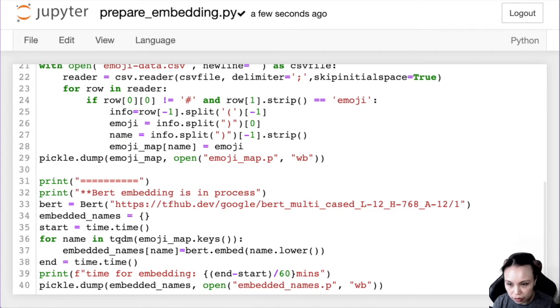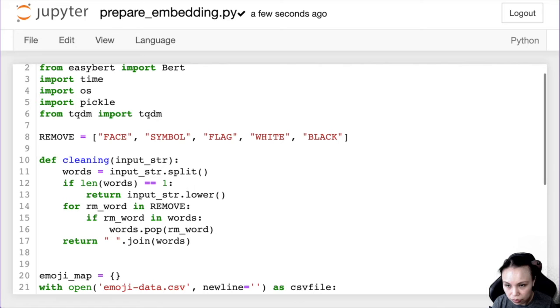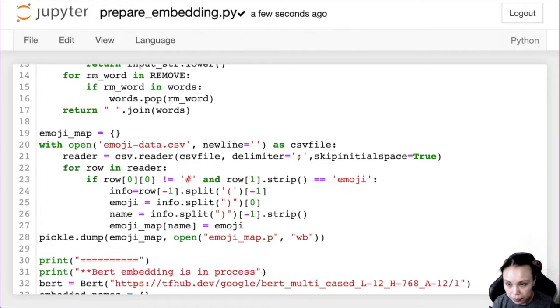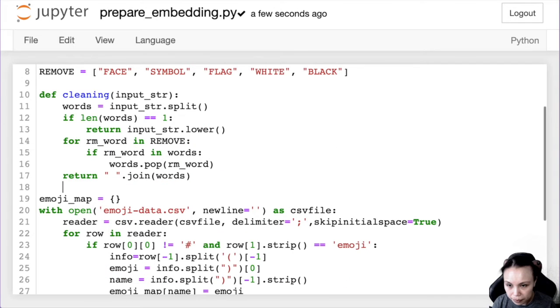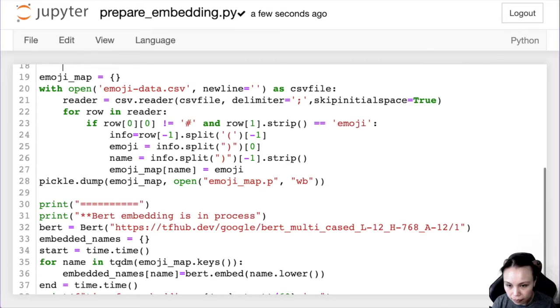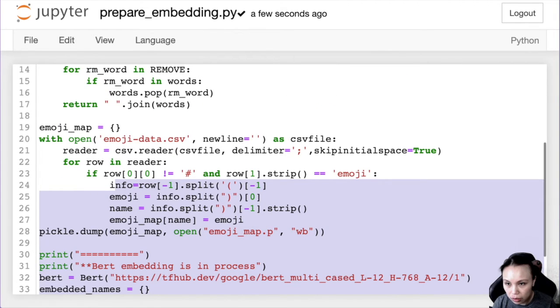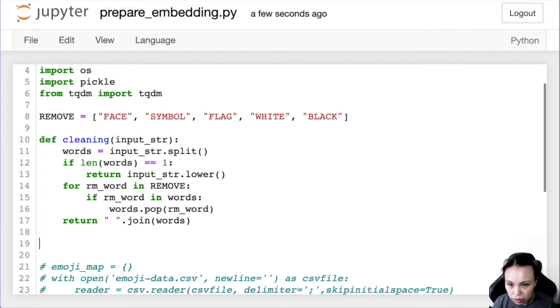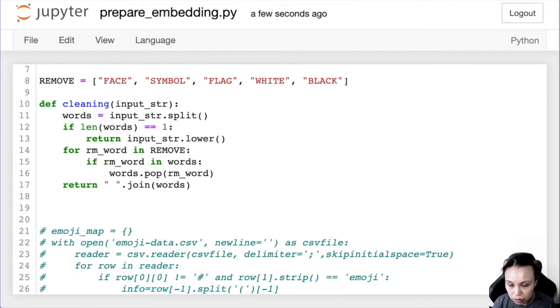Okay, so let's test it by not doing the cleaning at all, and just try out the cleaning thing. So what I'm going to do is print. Oh, okay, I've joined the words, and then dot lower.